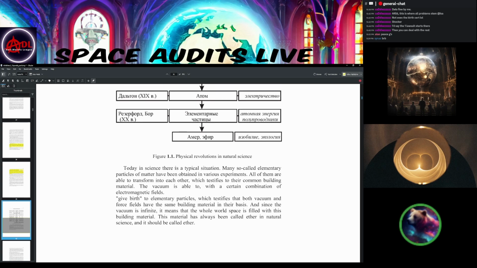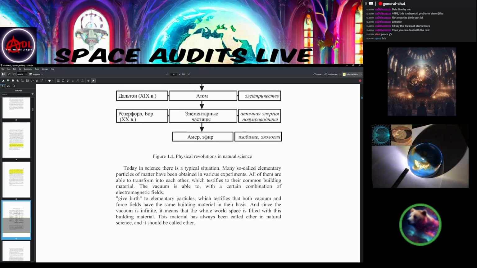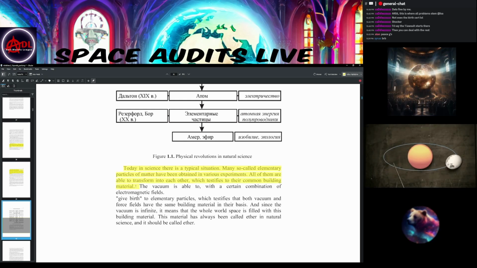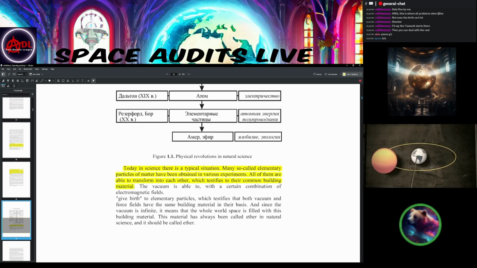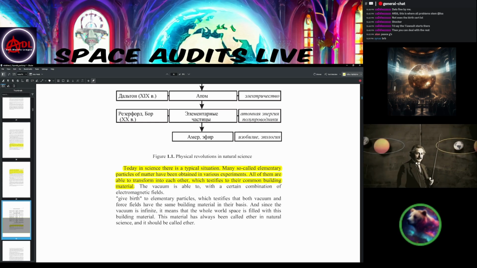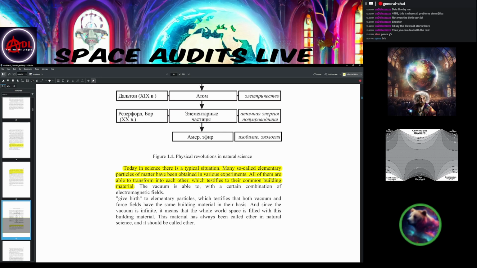Today in science, there is a typical situation. Many so-called elementary particles of matter have been obtained in various experiments. All of them are able to transform into each other, which testifies to their common building material. Fact: the vacuum is able, with a certain combination of electromagnetic fields,